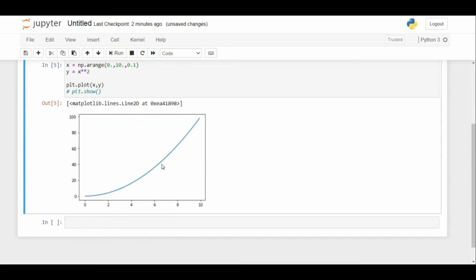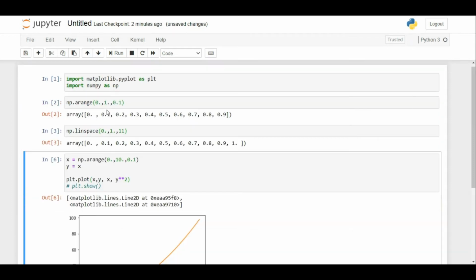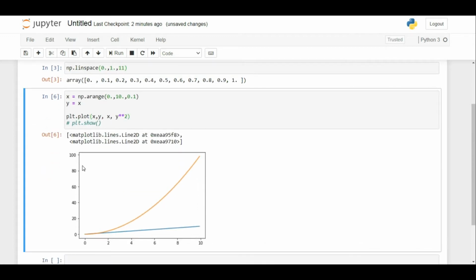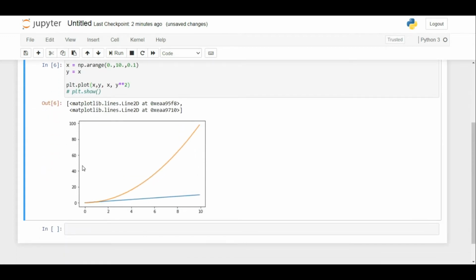Okay, but can we show these two functions on one graph? Yes, we can. The first function is going to be equal to x, then we use the same x values, and the second function, x squared, is going to be defined as y squared. Okay, it is very useful if we need to compare them, but there is another way of showing several functions